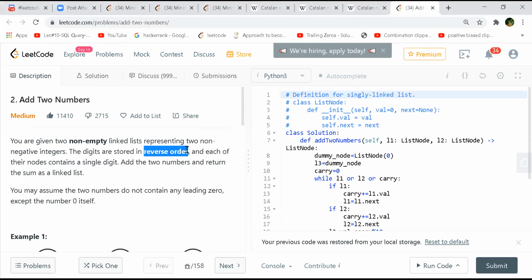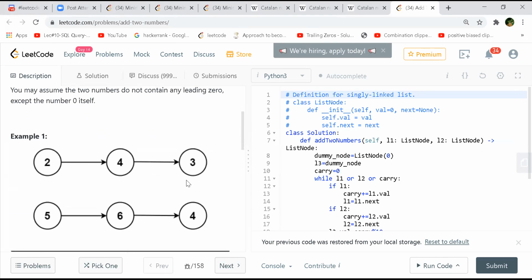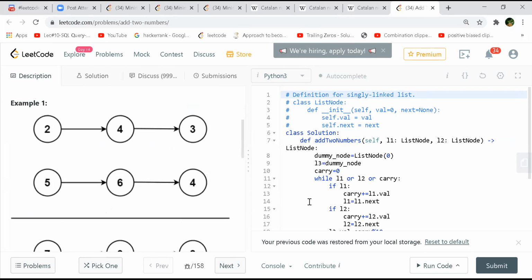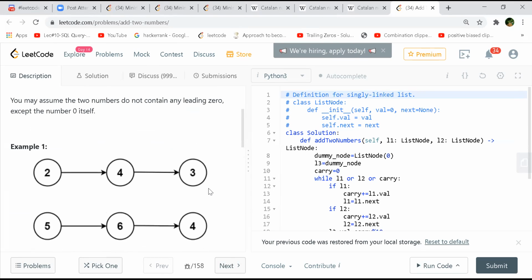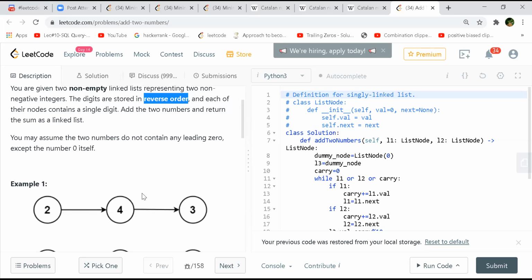Then we keep on iterating linearly. In an interview they can skip this, because here we are used to this reverse order. So we'll have to take care of that, and then we'll have to reverse and return it back also, no? No, we don't have to reverse it, we just have to return the string, isn't it? No, I'm saying in an interview, if they skip that, like your original list is not in reverse, then we have to reverse it. This will be a clarifying question with the interviewer. In some cases he's more interested in each and everything. So he will say it's not reversed, then we'll have to reverse it. But that is also not so difficult.